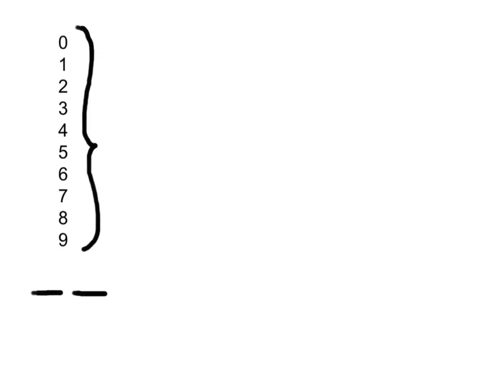So the placeholder on the left has a value of 10 at this point, and the placeholder on the right has a value of 1. You all know this. So in order to write the number that is larger than 9, we write a 1 on the left and a 0 on the right, and the idea here is that this 1 has a value of 10 and this 0 has a value of 1. And after that we can continue to write more numbers, right? 1, 1 means that this 1 is 10 and this is 1. And I can say 1, 2, which is 10 and a 2, all the way up to 9 tens and